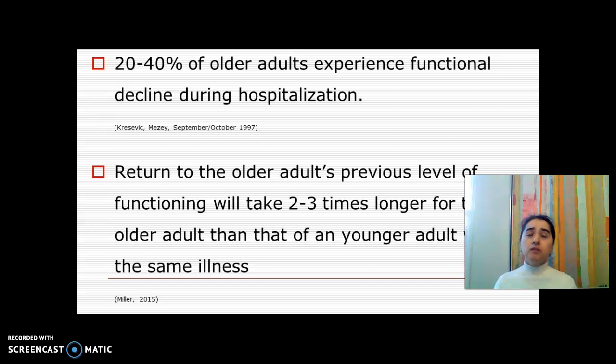The older the individual, this process of recovery may take 2 to 3 times longer than in a younger adult. So even with a common cold or influenza, a younger individual will need a much shorter time to regain his or her